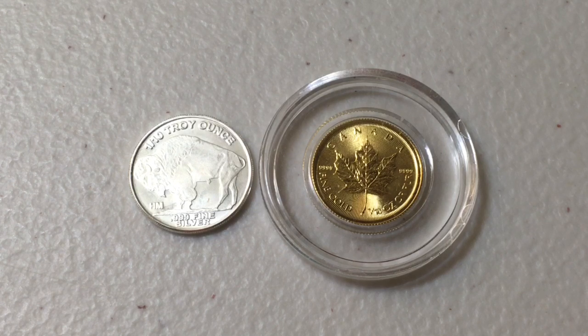So like I said, I've always considered the slightly higher premiums to be somewhat of a security feature, which is why I don't mind gold on a fractional level. I prefer multiple smaller transactions rather than fewer large transactions. If I were to order a big piece of gold in the mail, and by a big piece of gold, I'm really just referring to a troy ounce of gold. If I were to order a troy ounce of gold online and somehow, some way got lost in the mail or got stolen or something went wrong, losing something that you traded over $2,000 for,